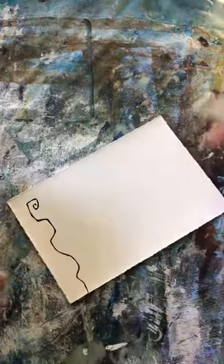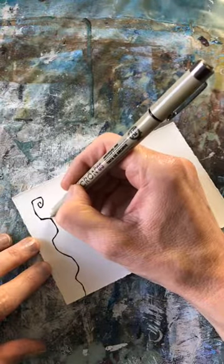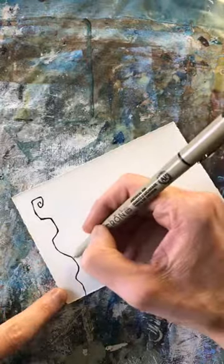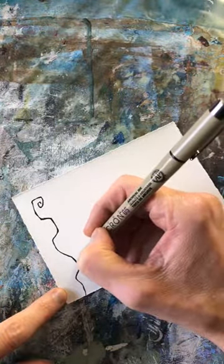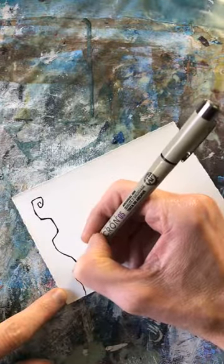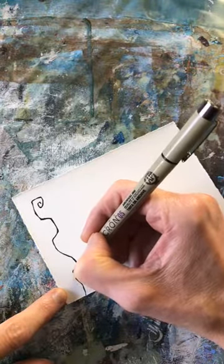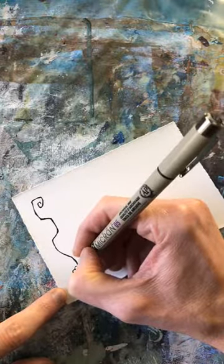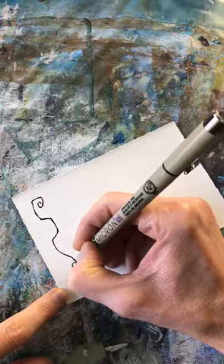So now I have this random thing. Now I can't have fear of the blank page anymore because it's no longer blank. So now what I have to do is simply respond to what's there. What do I do to respond to it? It does not matter. I am simply allowing my inner 4-year-old to inhabit the tip of my pen and start to explore. My inner 4-year-old's job is to take the reins,